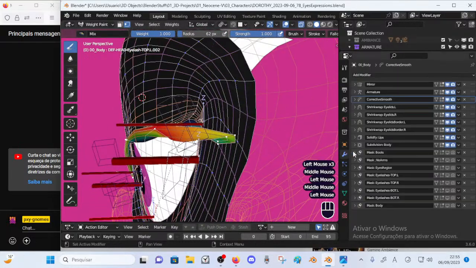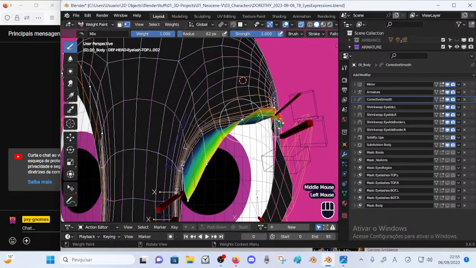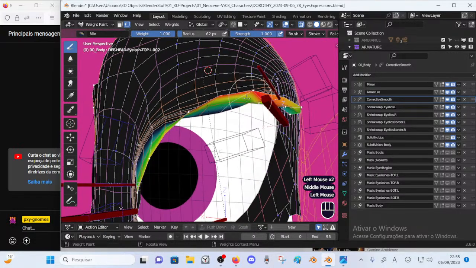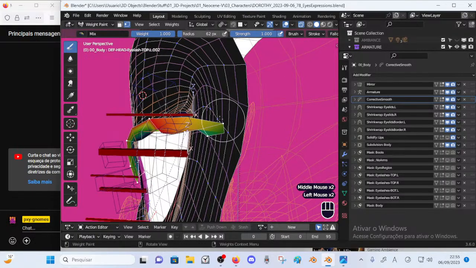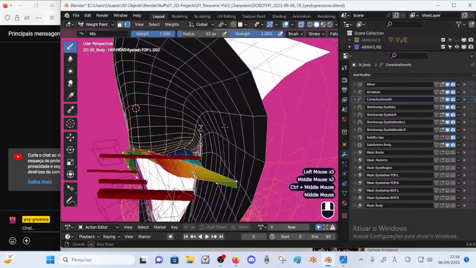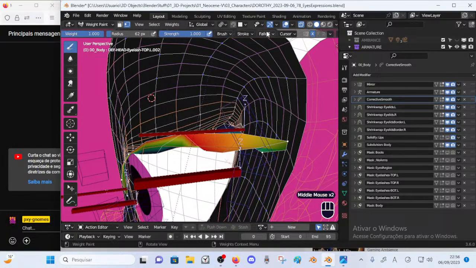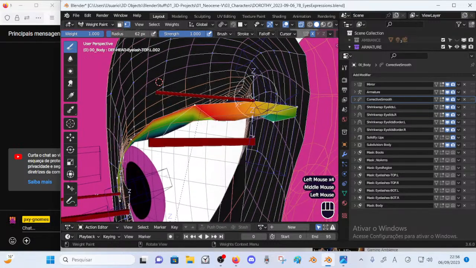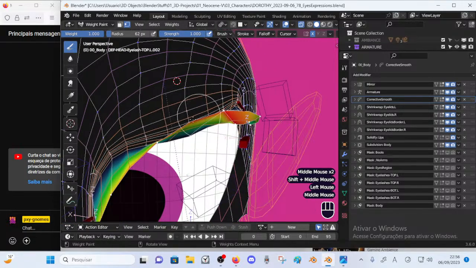Okay, this is annoying. Let's hide this thing. Okay, this is for the lips, and for some reason it affects the rest of the mesh that way. So here I'm having some trouble. Maybe I need to use some fall off projected, I don't know. Not really helping that much.